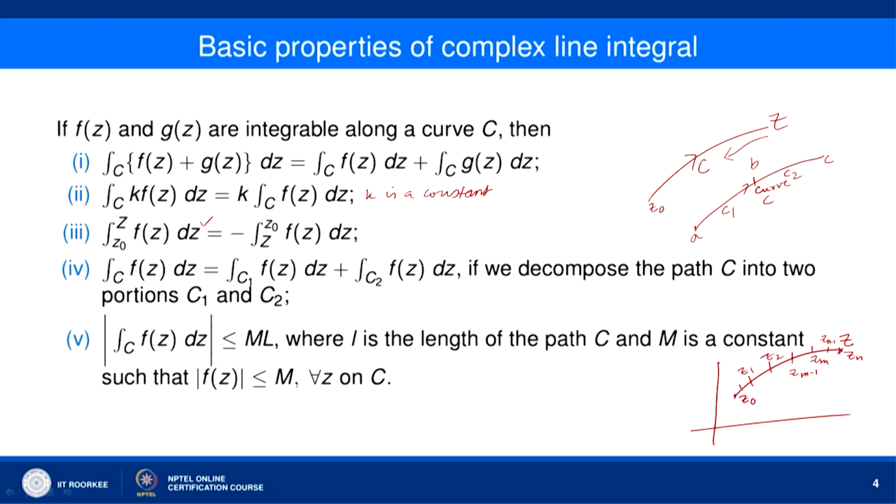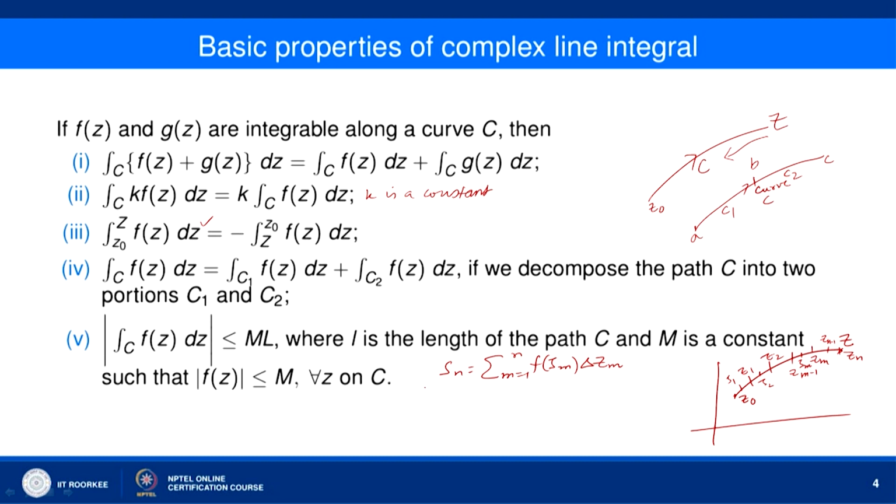And then we had taken arbitrary points, in a completely arbitrary manner, between z naught and z1 as zeta 1, then zeta 2 between z1 and z2, and then zeta m between zm minus 1 and zm, and we form the sum Sn equal to the sum over m from 1 to n of f(zeta m) delta zm, okay. And the limit of this Sn as n goes to infinity, in such a way that the maximum value of the modulus of delta zm goes to 0 as m varies from 1 to n, gives you the integral over C f(z) dz, okay.